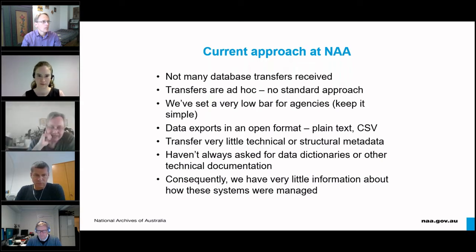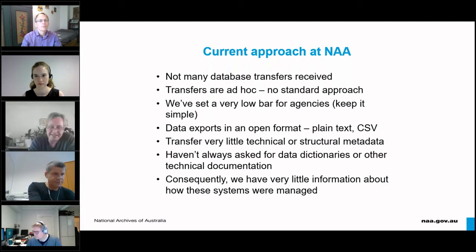That said, I would argue more broadly that we haven't received the number and quantity of digital records transfers that we would expect to receive. For example, regular transfers of records from EDRMSs, document management systems, case management systems, and so on. The vast majority of transfers that we've received have been from short-term agencies, like the public inquiries I mentioned earlier, and agencies that have closed because their functions have been abolished or moved to another agency.